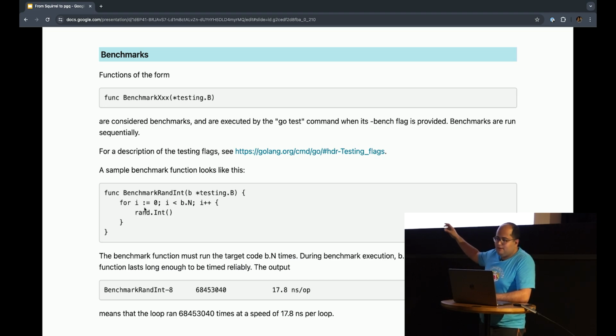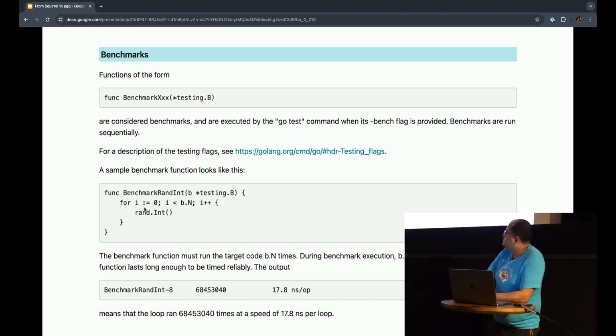Whenever you write code like this, and you call go test passing the bench flag, it's gonna run all your benchmarks. Just to clarify, the bench flag is just like the run flag, where you pass a regex, and then it filters the benchmark tests that you want to run.